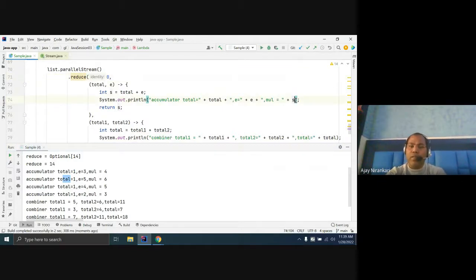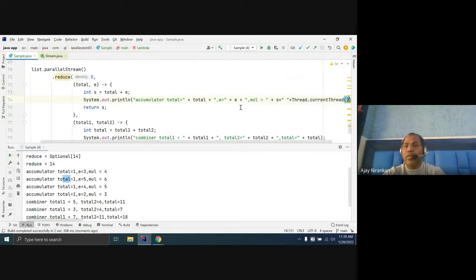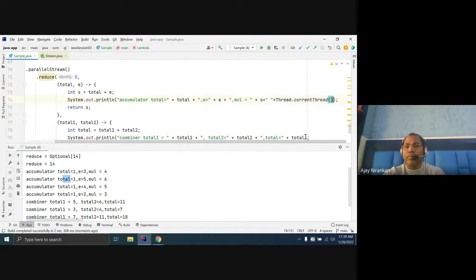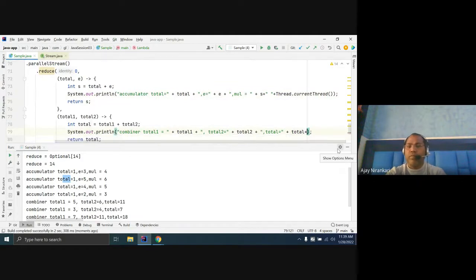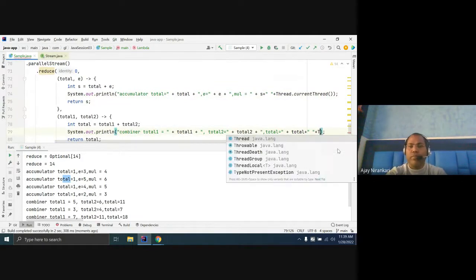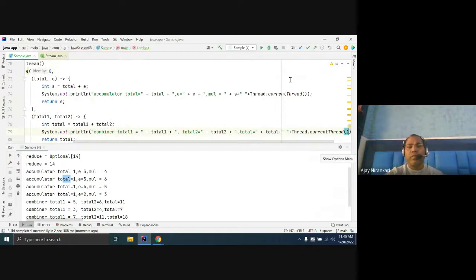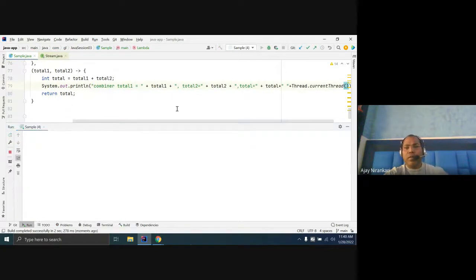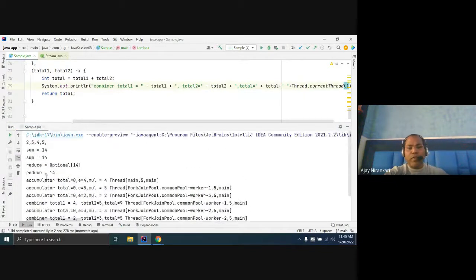This is a parallel stream, so this must be done by separate threads. Print the current thread name, which thread is doing it. And you run it, and you notice that first the accumulator runs on the main thread, then other threads, worker thread 1, worker thread 3,